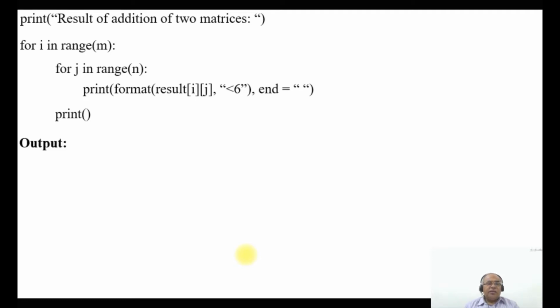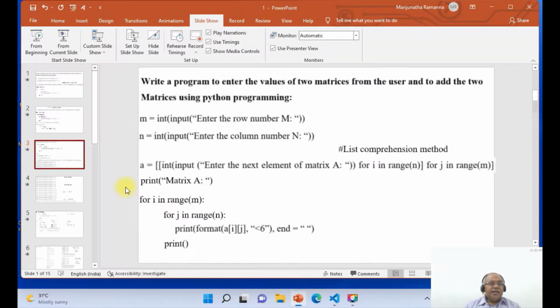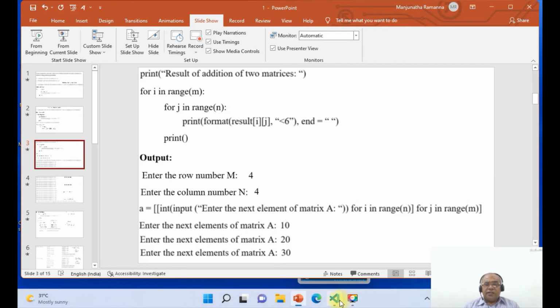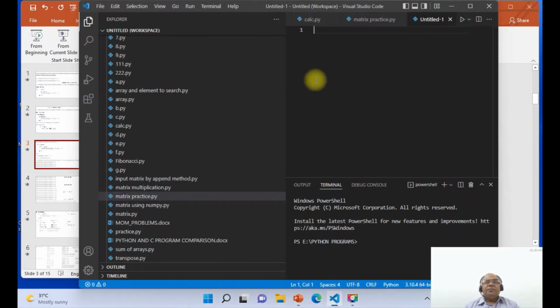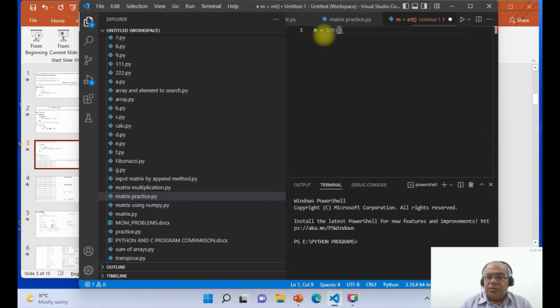And so we are going to see the output after we enter the code. Now first we will go for entering the code. To enter the code, we will go to the Python programming, where here I am going to enter m equals int input